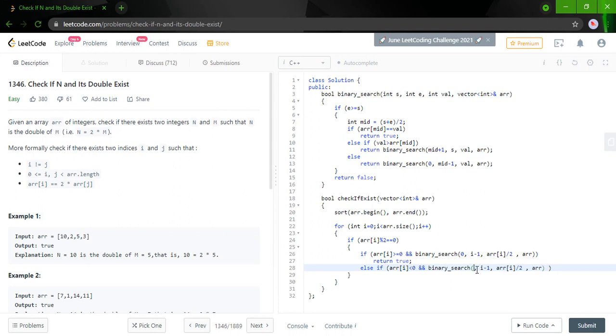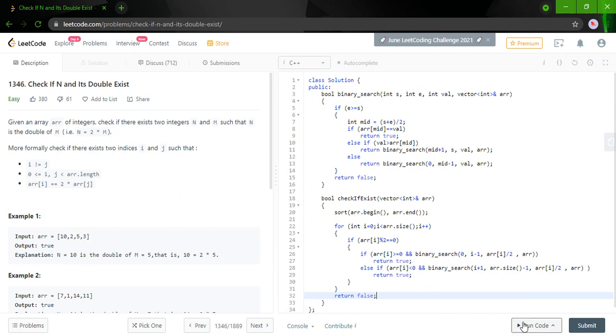So we have to search from i plus 1 up until arr.size minus 1, because we are dealing with indices, so we have to be careful. Minus 1, done. Then we have to return true. And finally, if it is not able to return true after all of this, we're just going to return false.